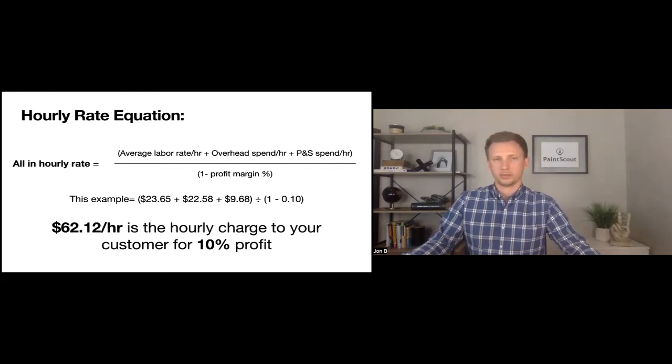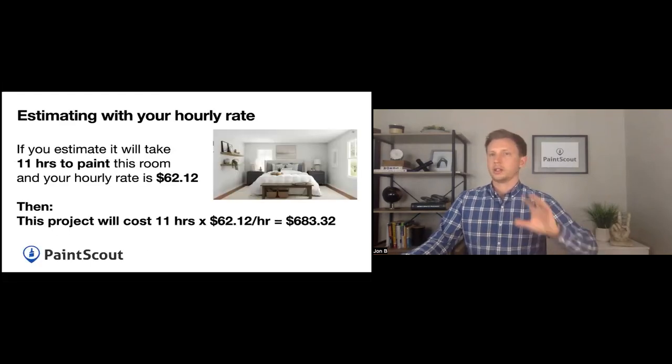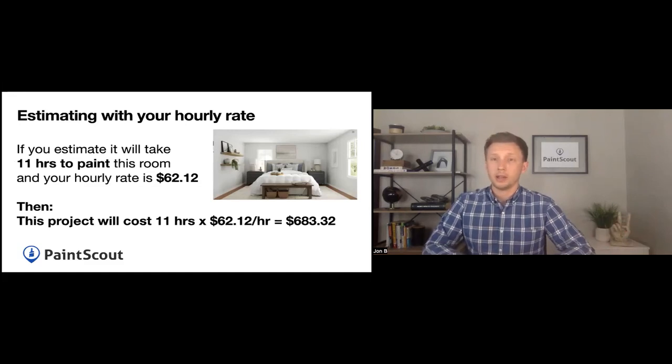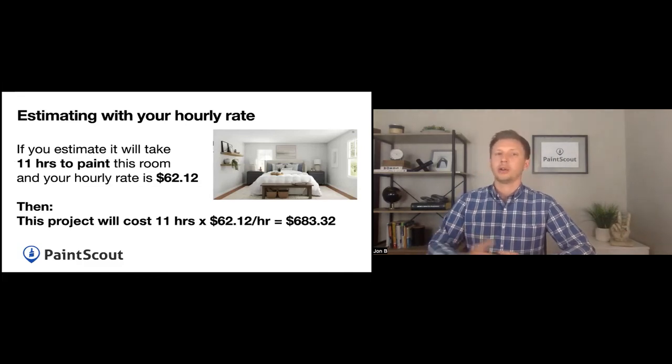So let's take a look here. This is an example estimate using a time-based production rate, and hopefully this will become clear how this works. So if you estimate you'll take 11 hours to paint this room, and your hourly rate is $62.12 per hour, then this project is going to cost you 11 hours times $62.12 per hour, or